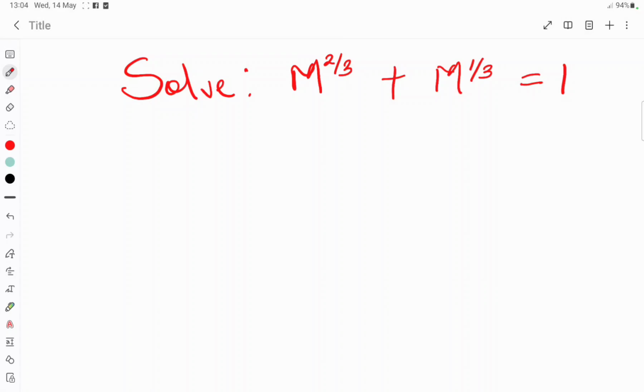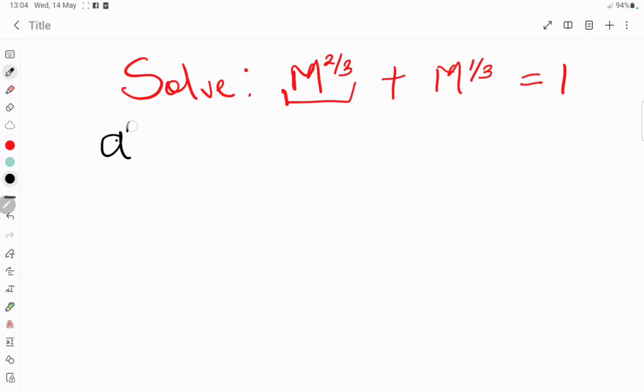So for us to solve m power 2 over 3 plus m power 1 over 3 is equal to 1, the first thing we have to do is to simplify the power of the first term. From indices, you know that